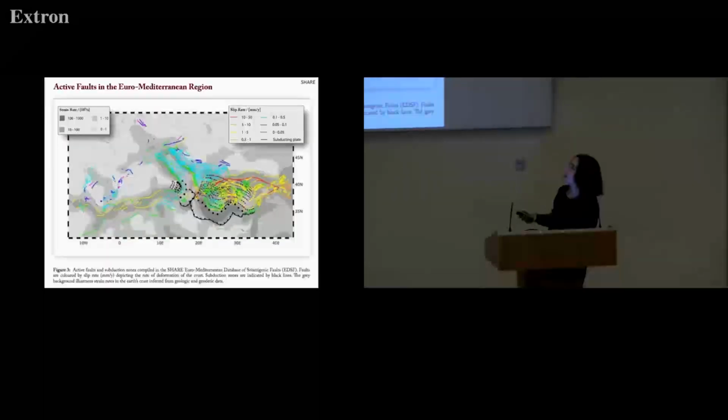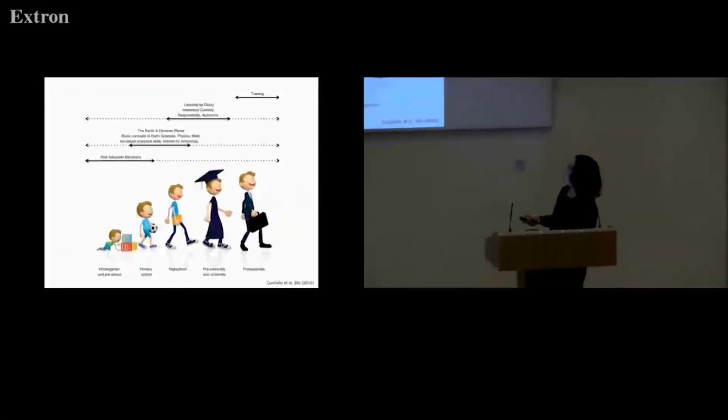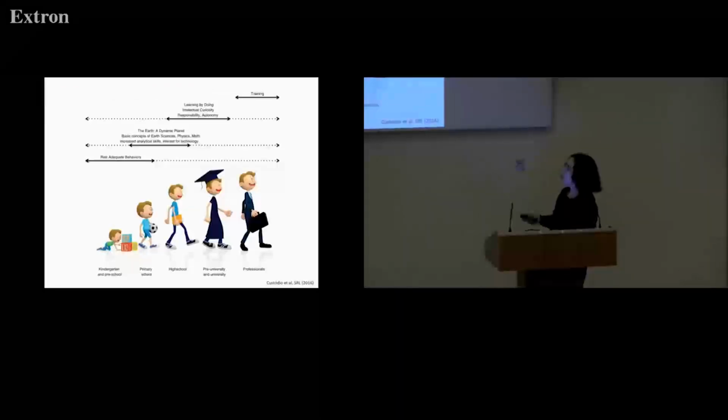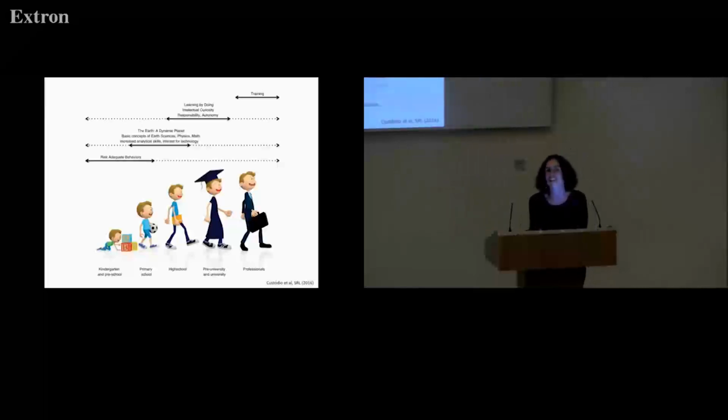Okay, this is just a map of faults to show that they are all slowly moving faults. So basically they are faults with slow motion, which means that they have long times passing between earthquakes because actually plate convergence is slow in this region. So earthquakes here really are low probability, high impact events, or they have the potential to be that kind of extreme events. So we receive a lot of requests to do outreach at all ages, and as all of you know from your outreach experience, you can spend endless resources in outreach, and we've done a big effort to try to structure this program such that